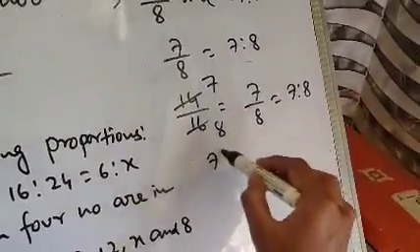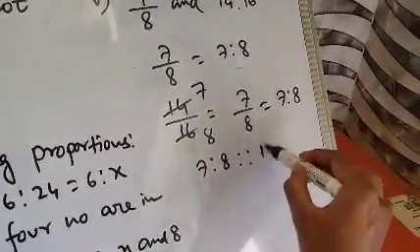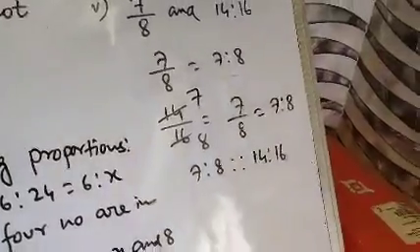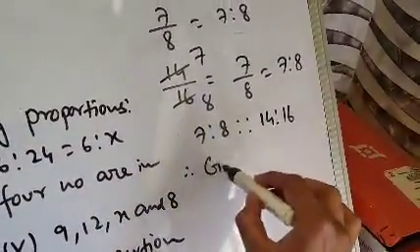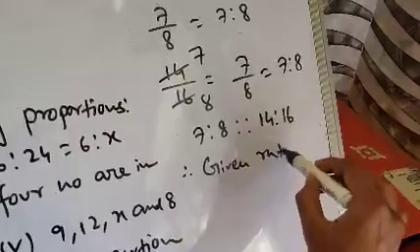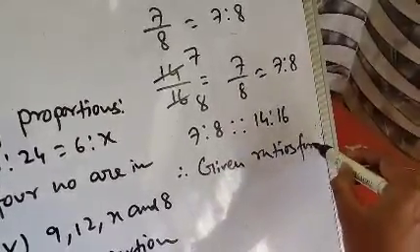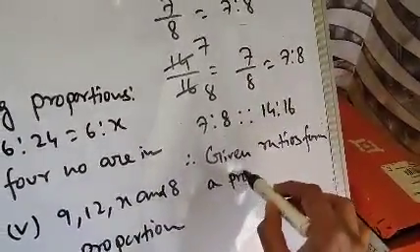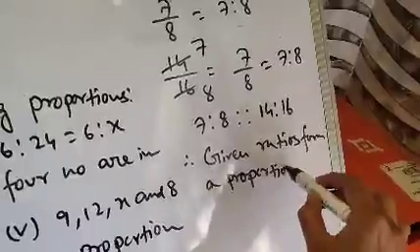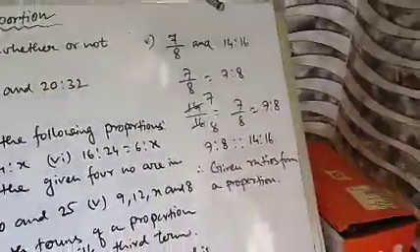Therefore you can write that 7:8 proportion 14:16. Therefore the given ratios form a proportion. Both ratios are equal, so the given ratios will form a proportion. Next,